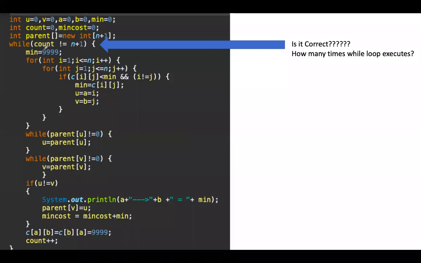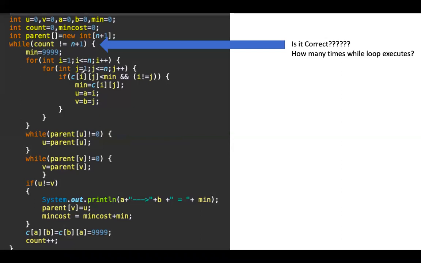My question is, why have we given this condition? For this graph or for any other graph, why does the while loop have to execute more than that many times? In Prim's algorithm, it was executing up to only n minus 1 times. If there are 4 vertices, the while loop was executing only 3 times.